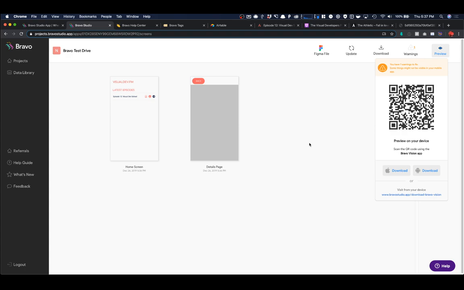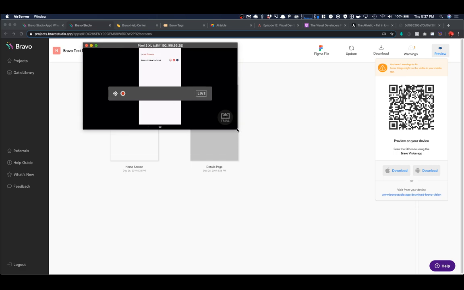Oh yeah, that actually works. So let me share my screen real quick. That's really powerful. Screencast to my MacBook here, and wait for this to come up. Okay, so